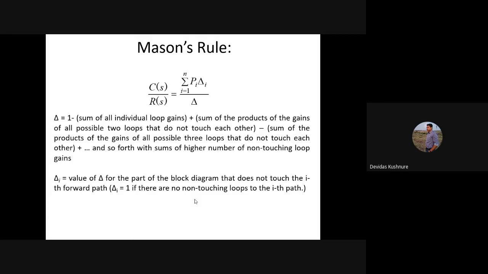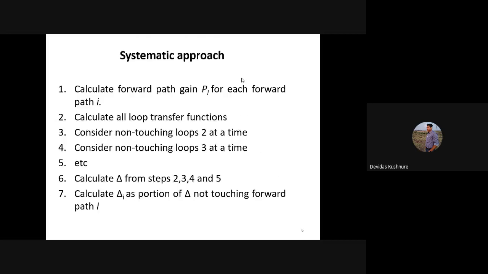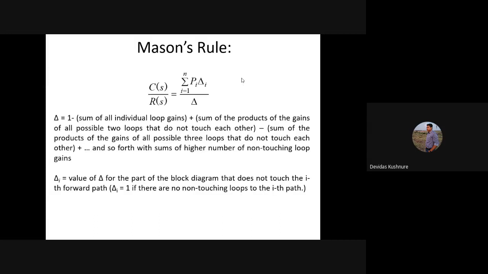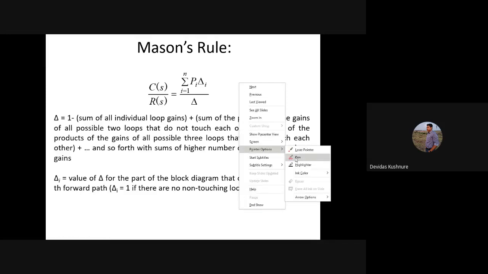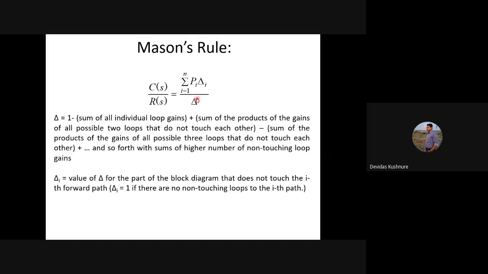So using this formula we can directly calculate the overall transfer function of the system without much calculation, just like in block diagram algebra. We don't need to bother about the rules. We just need to know the gain formula, and we can easily calculate the overall transfer function of the system. These are the steps to follow. So this is the gain formula, where we need to calculate Pi, delta i, and delta.